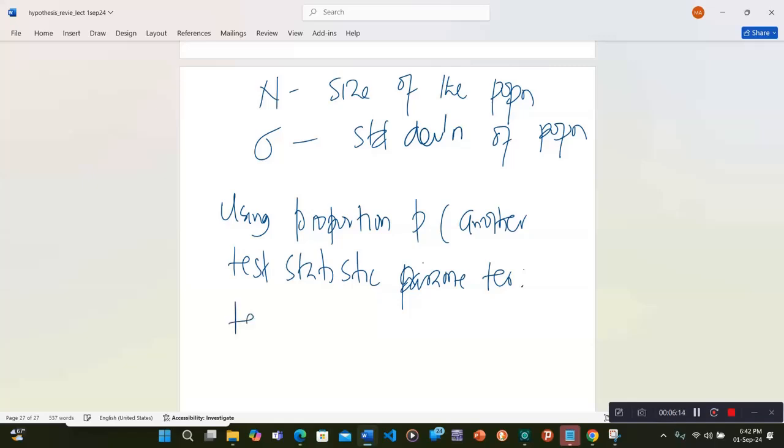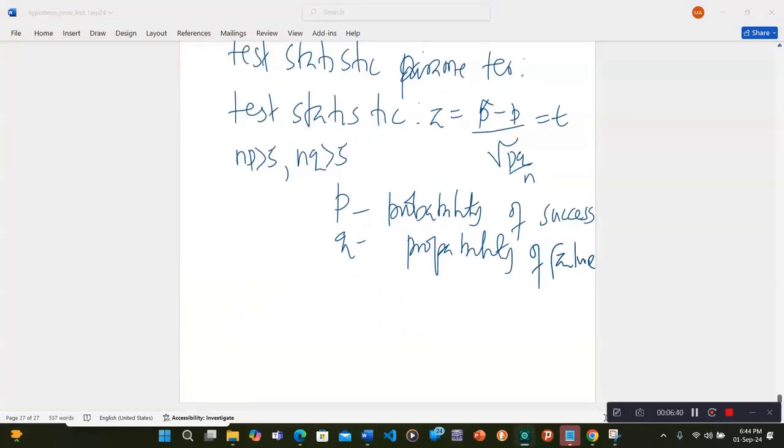So the test statistic that we use will be z, okay, or t. Okay, z is equal to, let me see. So we can use also this kind of a parameter with a test statistic of this p minus the P, which is the probability of success, divided by square root of pq out of n, and q can be the probability of failure. Let's see how we